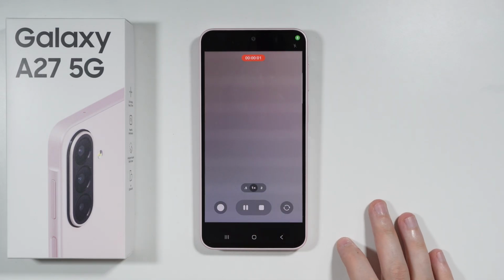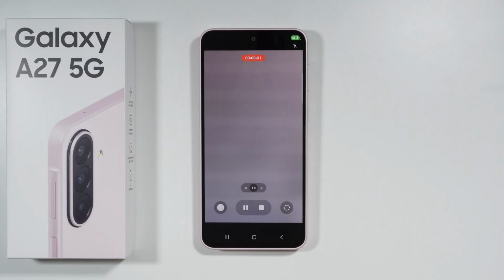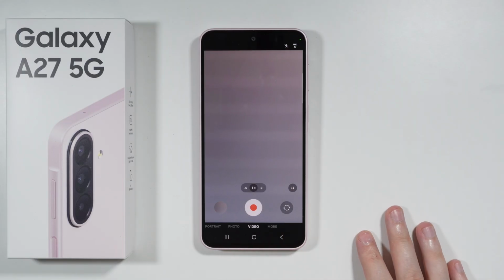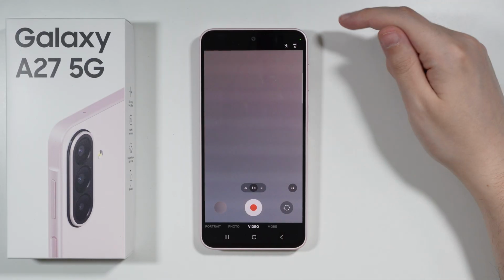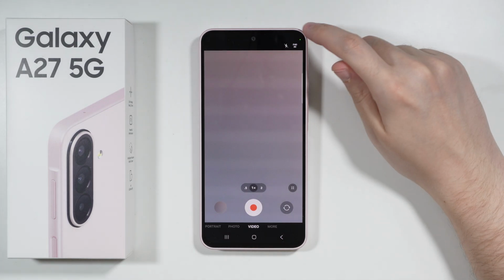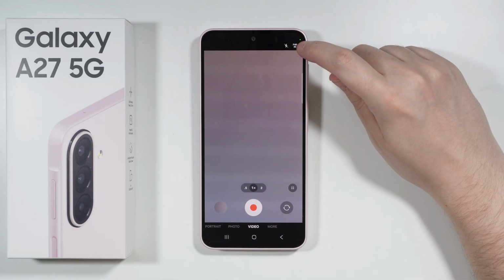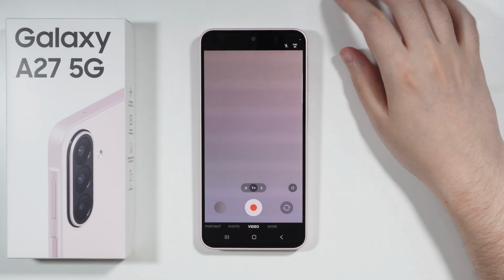And the answer is yes. As you can see, still we have this button, so I can easily switch between the front and rear camera, even if I'm recording a video. Now, a quite important part of that is that I currently use the full HD resolution, 30 frames per second,